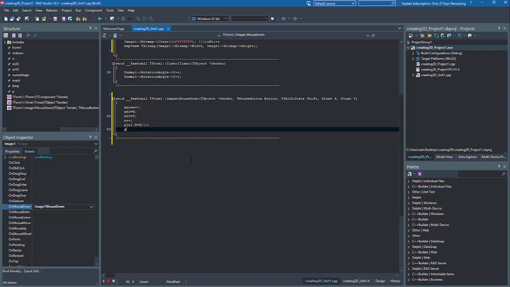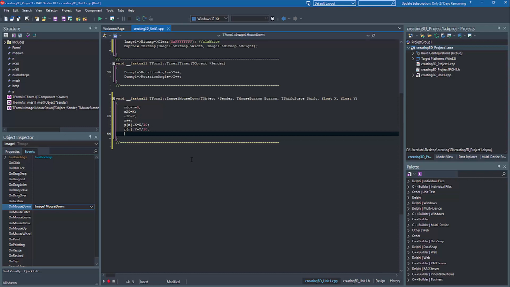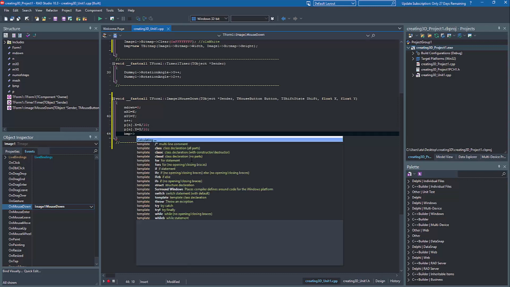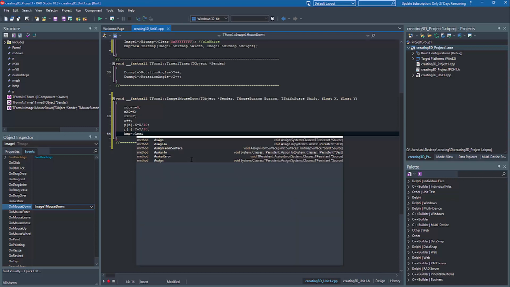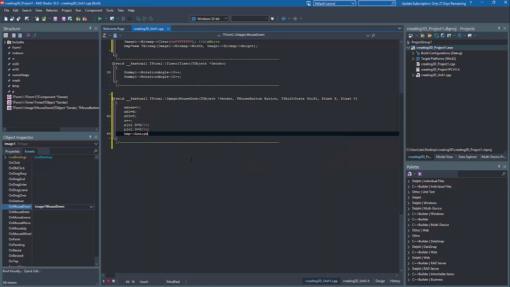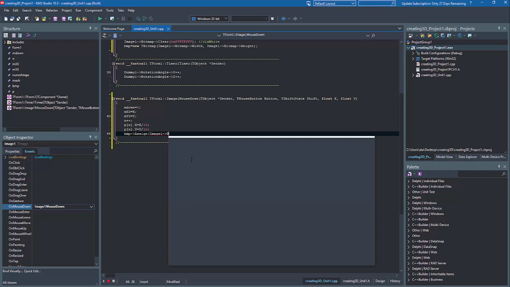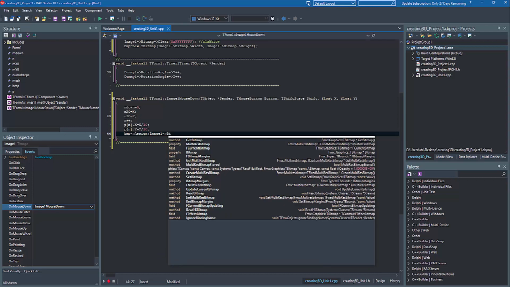We scale the points and we are recording the point as pn y is equal to y 10, and we will also copy this bitmap from image1 bitmap,